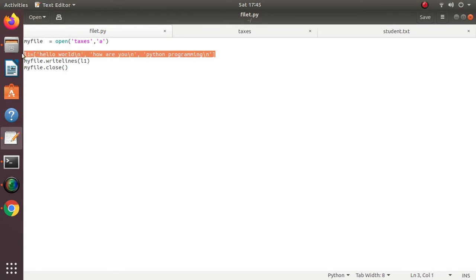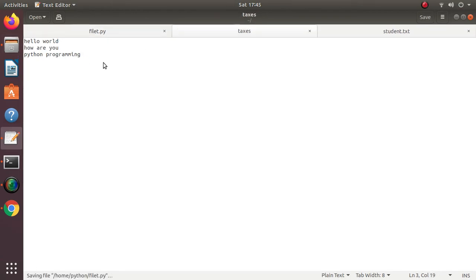Already in the taxes text file there are 3 lines written in it. Now if I want to add one more string at the end of this file, let's say I want to add this line, I'm learning file handling.